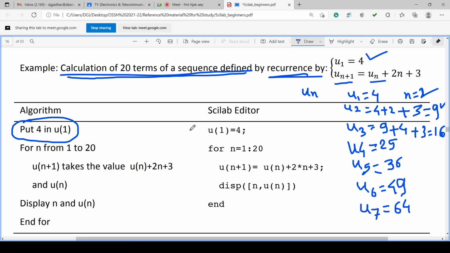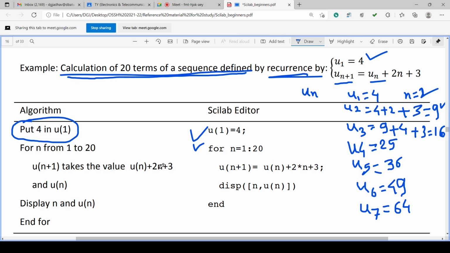Then the next step is for n equal to 1 colon 20. Colon is the operator for generating a vector. If there are only two terms, 1 colon 20, then the default step is 1. So the initial value is 1, the final value is 20.